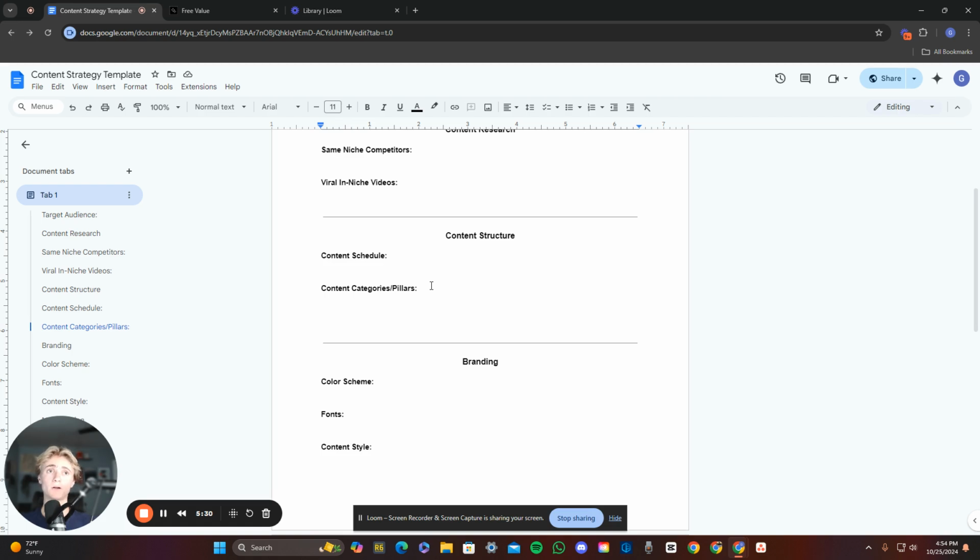Then another pillar, let's say value content, another pillar could be a solution that you solve. If you are running some sort of B2B service, and let's say it's email marketing, something like that, then a pillar of yours for value is a pain point alone, right? Lead gen, not having enough leads. Now you have a content pillar, right? Now you have the category of value. From this category, you have lead gen being a big issue for, let's see, who's your target lead? I don't know, like med spas. They don't have any leads, right? And that's a huge issue.